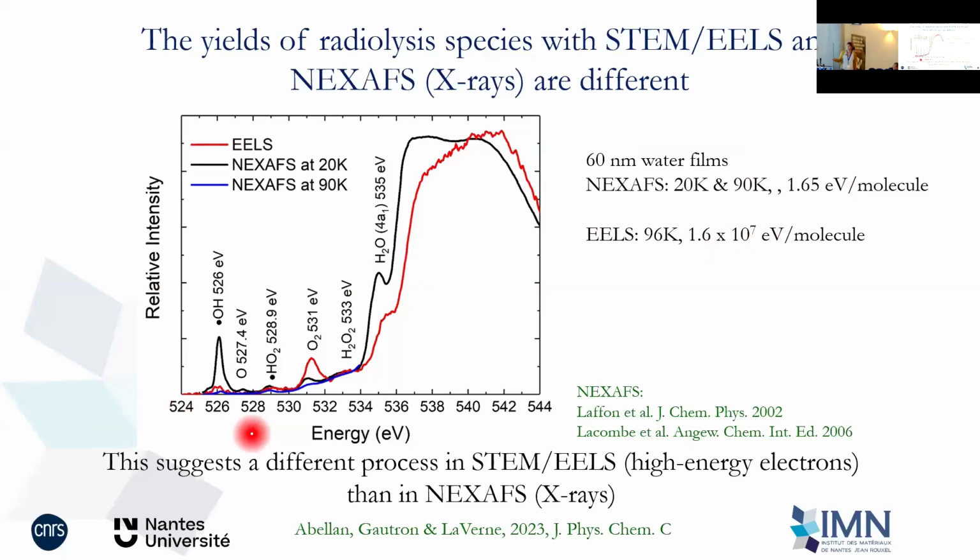well, what we see is that this is still different. So we do have more production of molecular species, and this goes in the direction of having more secondary processes or more recombination, being closer to X-rays, but yet the chemistry that we see for ice is slightly different. This will require modeling to really